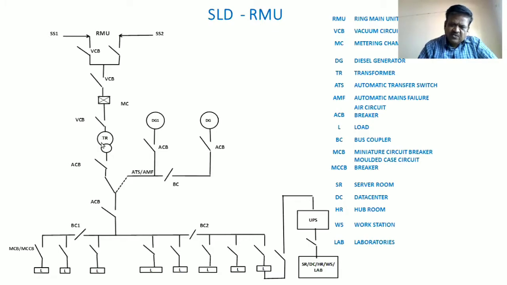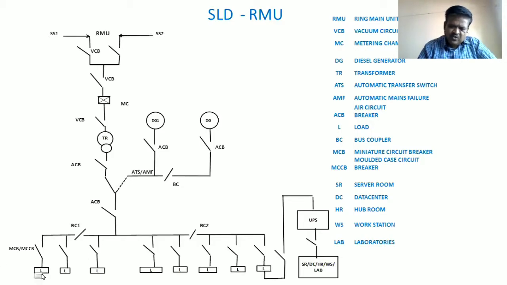And this is closed and the transformer is connected. Secondary side, this is closed. Again, this is ATS, auto transfer switch, auto mains failure for the changeover process. Automatically, it changes over from EB supply to DG, DG supply to EB. And then again ACB, so this power is being distributed to the different sections.